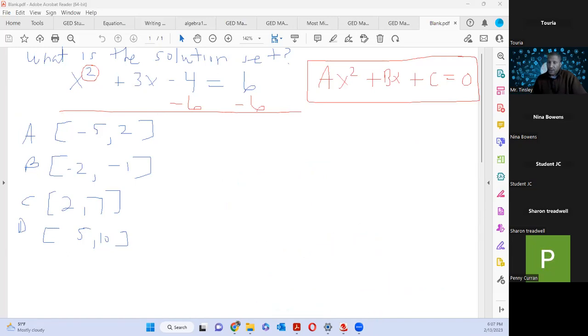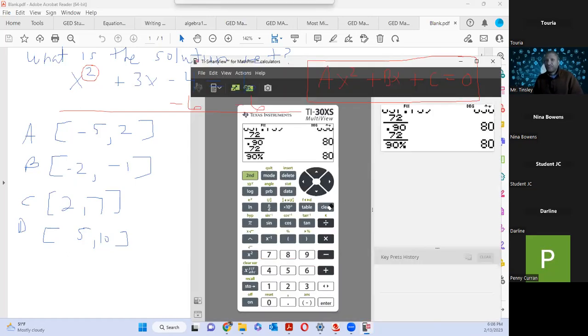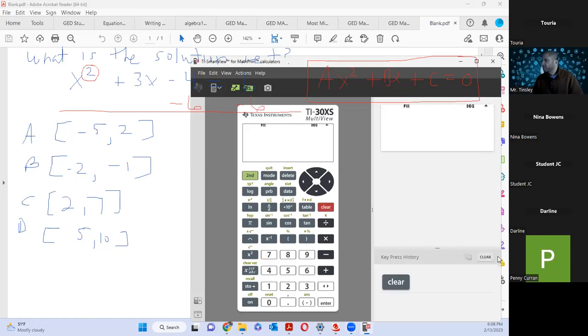Now, I'm going to grab my calculator again. This calculator, for taking the GED exam, should be your best friend. Anytime you begin to study, you should have this calculator out. You should have three things out: scrap paper, your formula sheet, and your calculator. Let me get my calculator, and I'll show you how fast this can be done, like literally seconds. Let me clear the calculator.